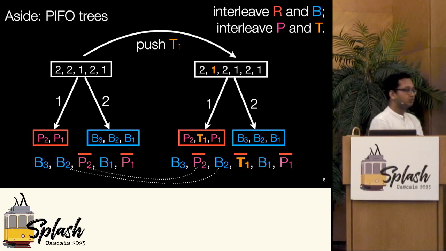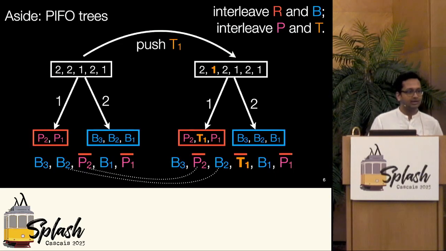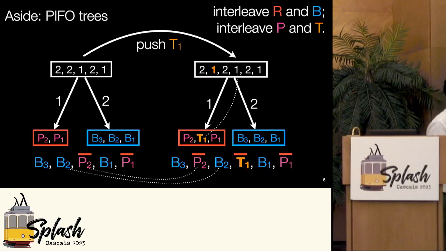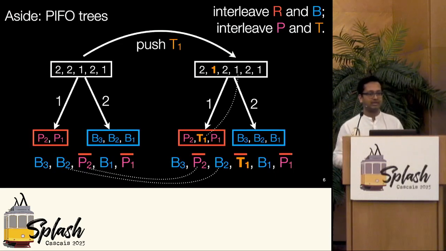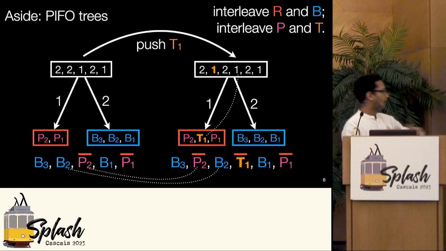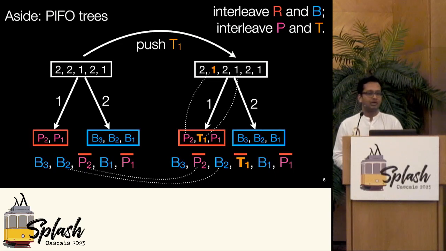B2 and P2 have swapped places, and I didn't do that in front of you. It sort of happened as if by magic. It happened because T1 was popped not by the one that I inserted, but by some other one. And the one that I put into that queue with my own hands in front of you has triggered the popping not of me, but of somebody else. Like that. This on-the-fly switching of targets is what gives PIFO trees their power and expressivity, and can do stuff that a PIFO can't just do. It also makes them a pain to study.